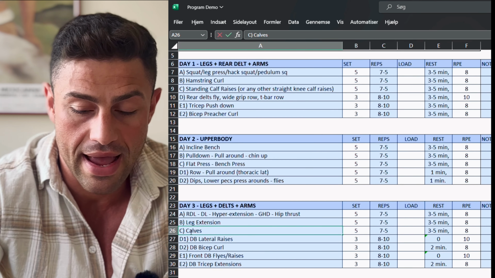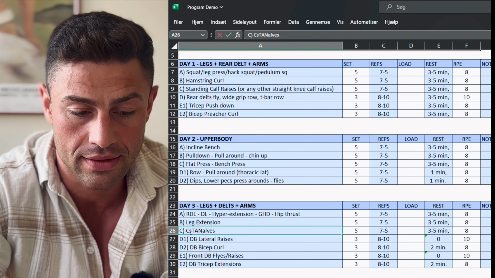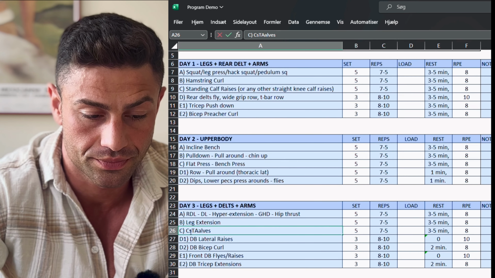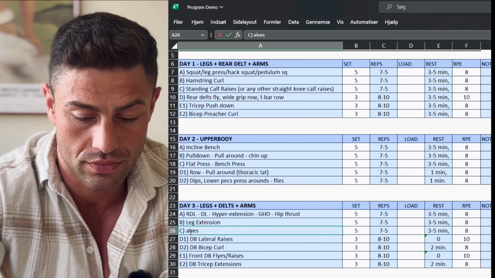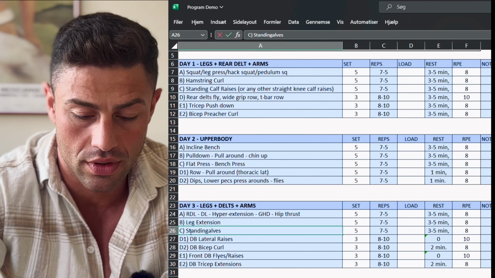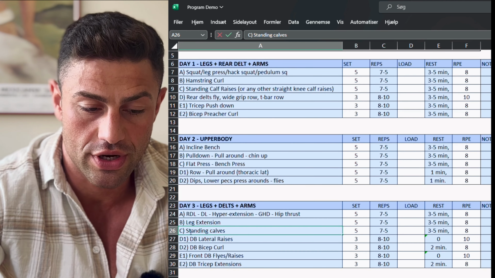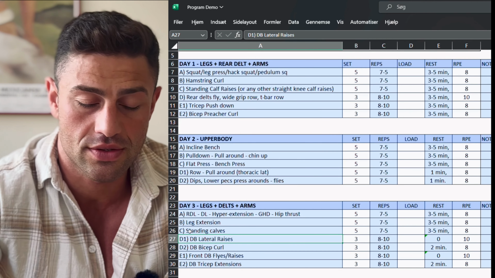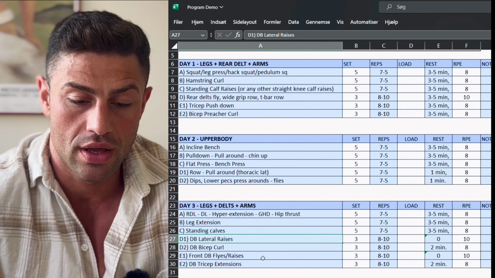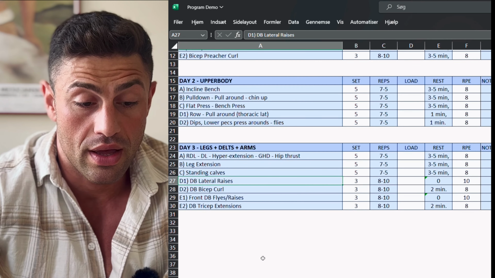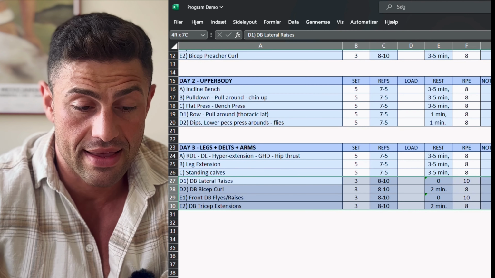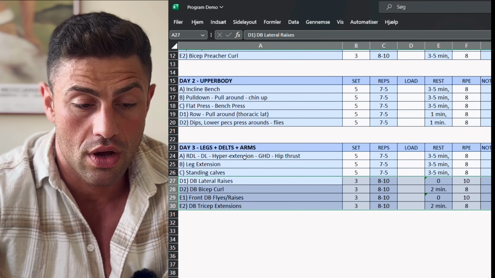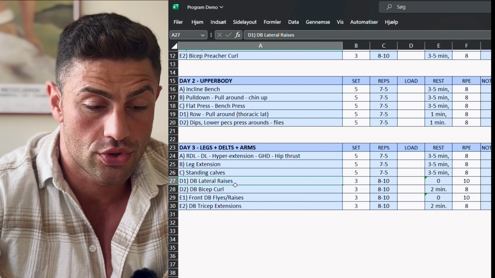Again, I would actually prefer doing a standing version, because then we would just be training the gastrocnemius as well as the soleus. We don't have to isolate any of those and spend too much time there. And then once again, when we get to the end of the leg workout, I would literally put 2